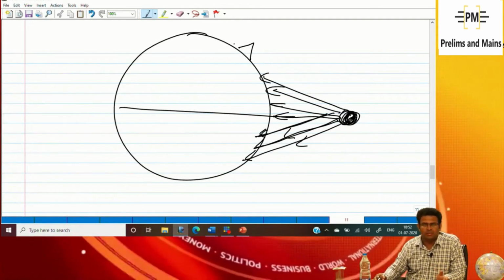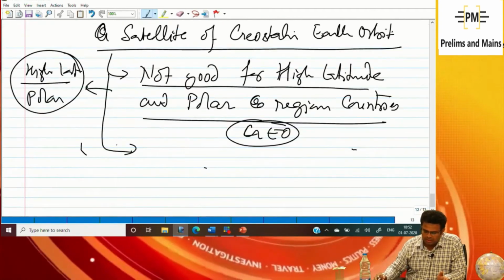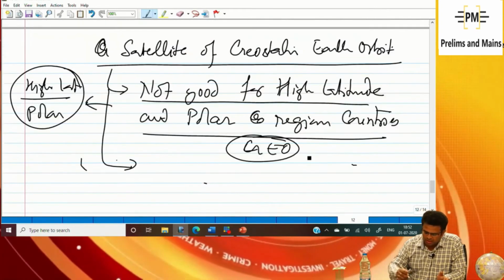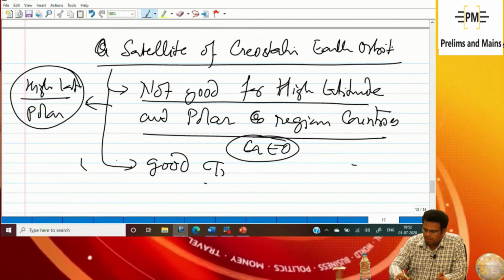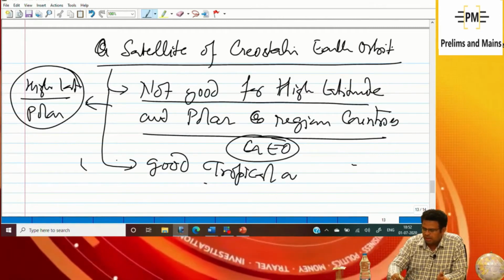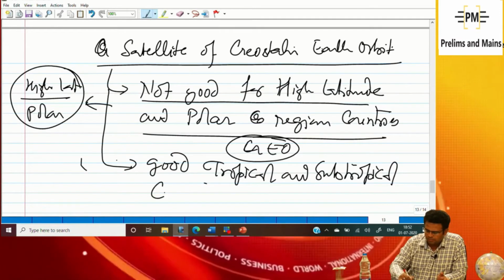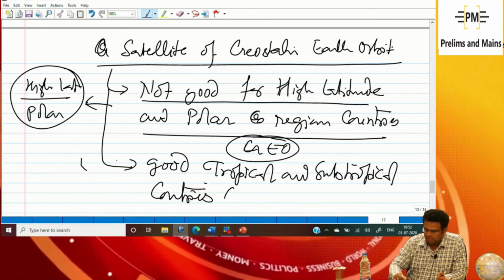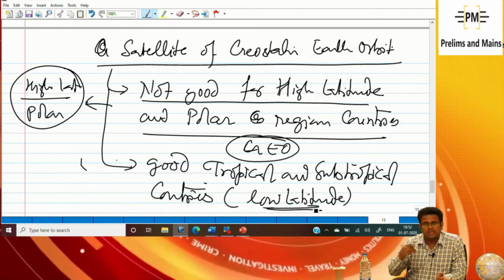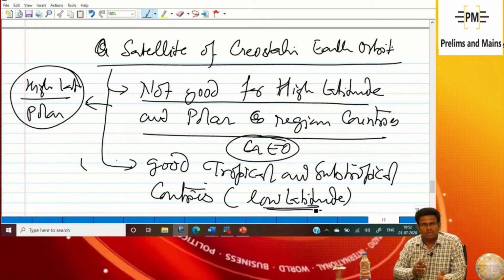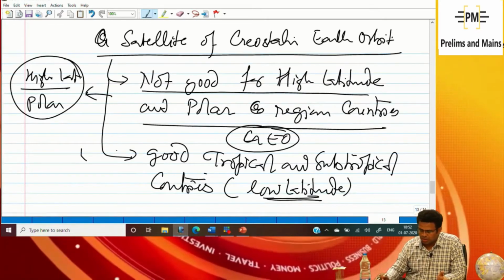You can't find this kind of understanding in the books. So I can say that it is good for tropical and subtropical countries, meaning low latitude. They are giving proper signal in the low latitude, very good signal in the low latitude. So can we say that